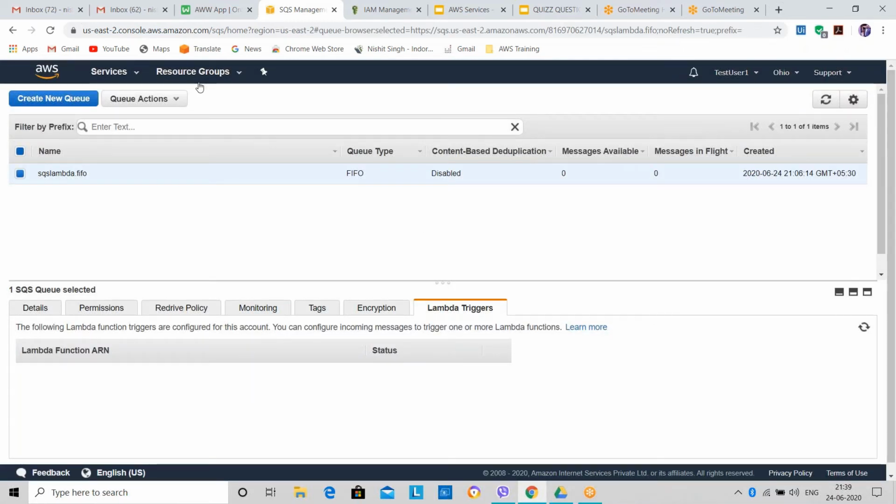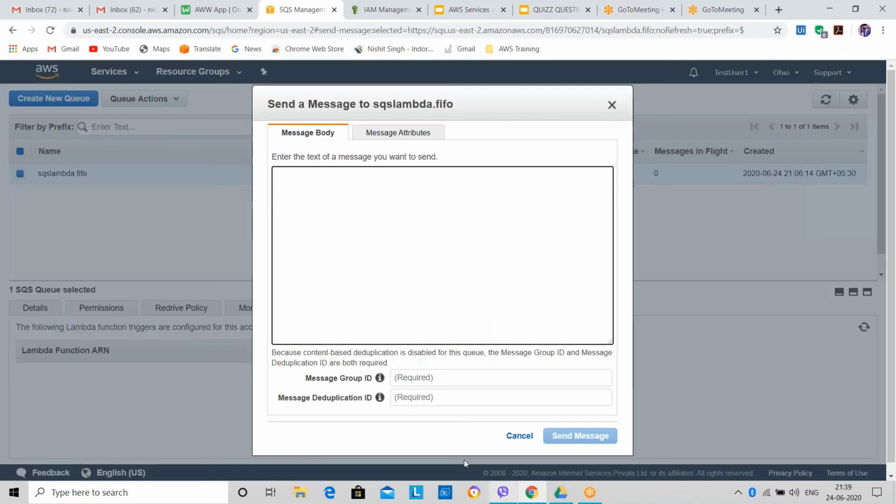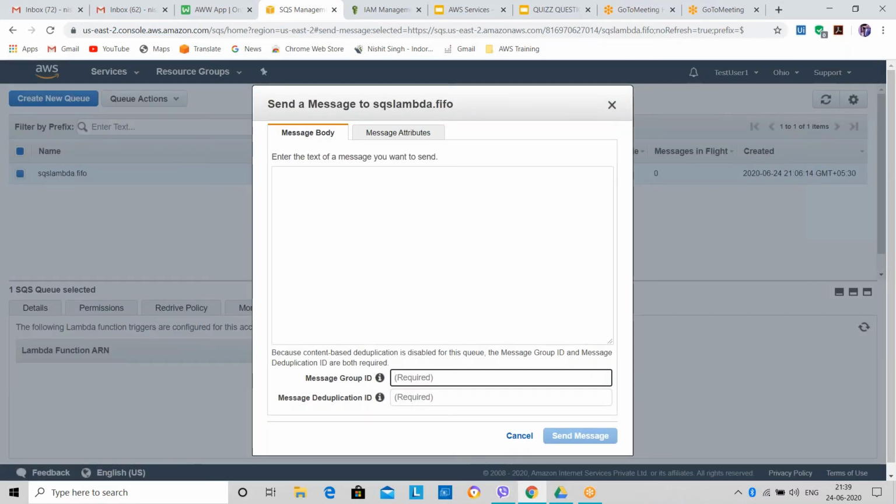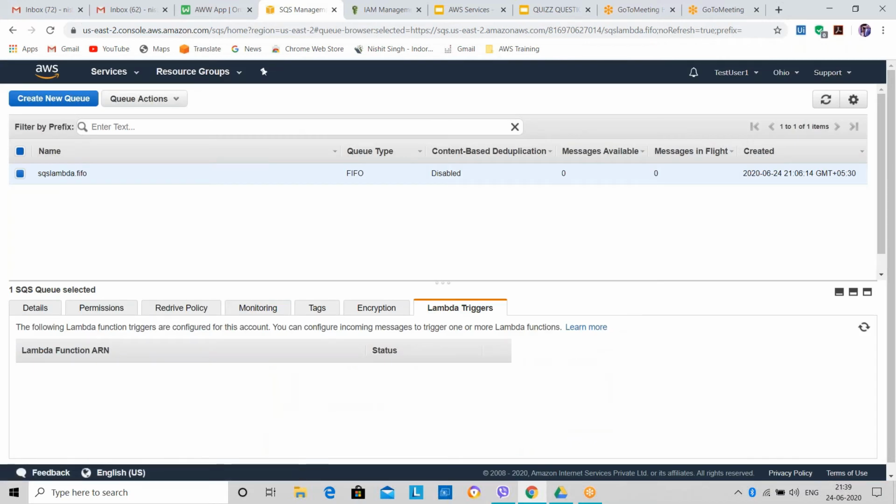Okay. So group ID means, whenever you are sending a message, your message is unique. So you have to give a specific group ID for your message, so that your end user or your client will understand that you have sent this message with this specific group ID. Because if you do not give the group ID, how will you understand which message belongs to which user or which end user? So that's why we create a group ID.